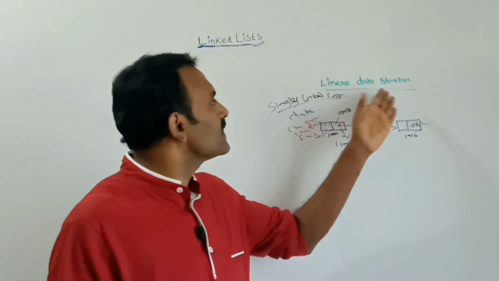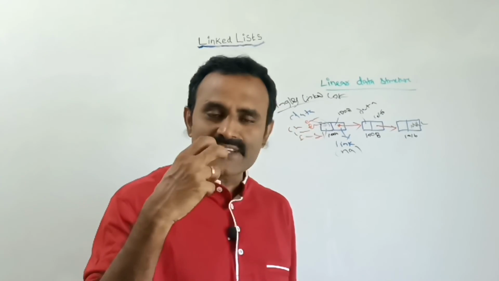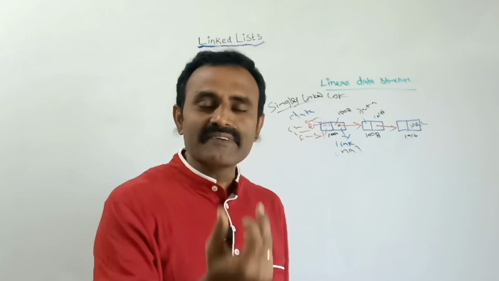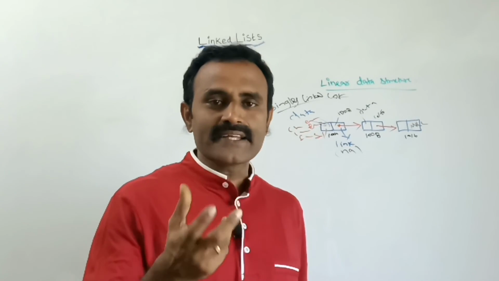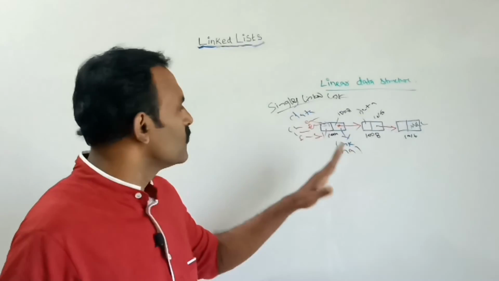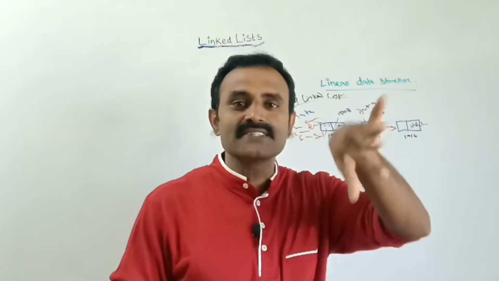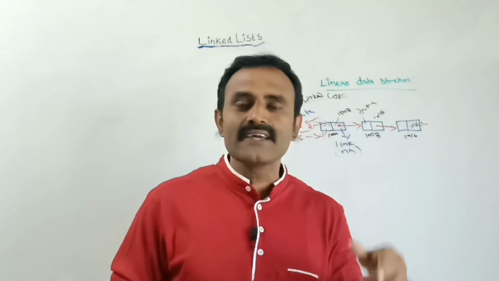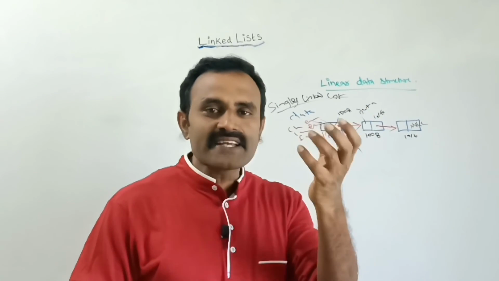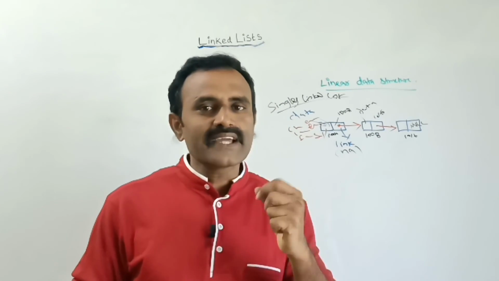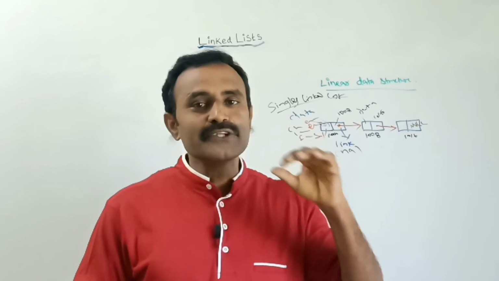This linear data structure comes under the dynamic data structure. With the help of dynamic memory allocation functions, we can create memory and store the data and the relationship in the node. How can we create the nodes? For all three nodes, each and every node can be created using dynamic memory allocation functions. We have already seen malloc, calloc, realloc and free, these predefined functions. With the help of these functions we can create a node and also deallocate the memory. So for allocating and deallocating we can use those functions.